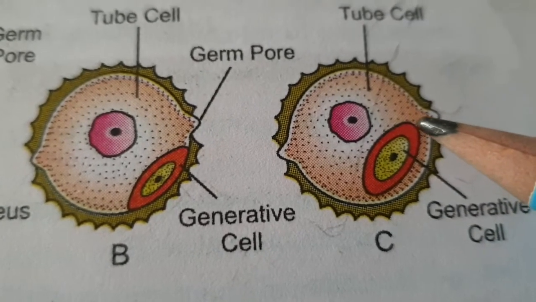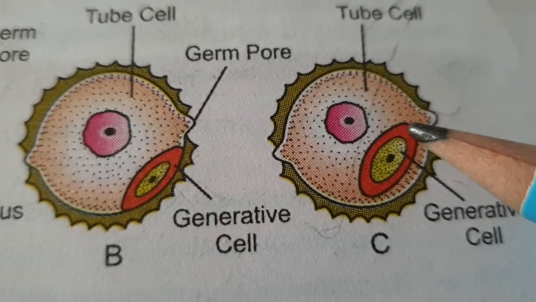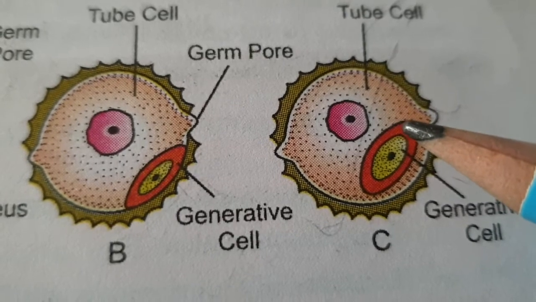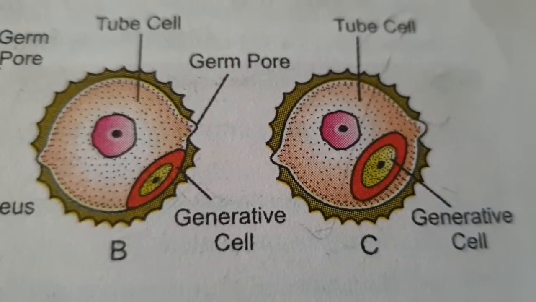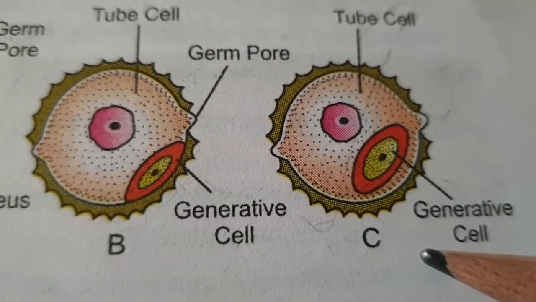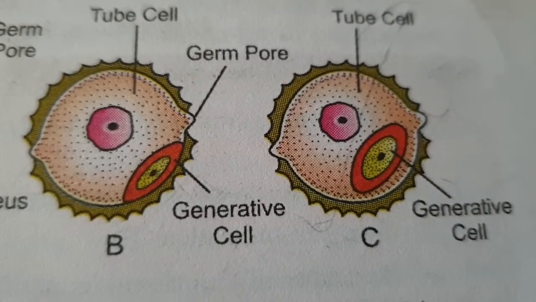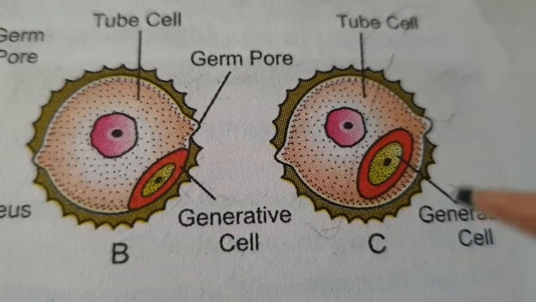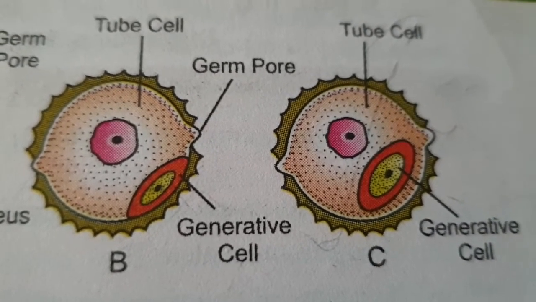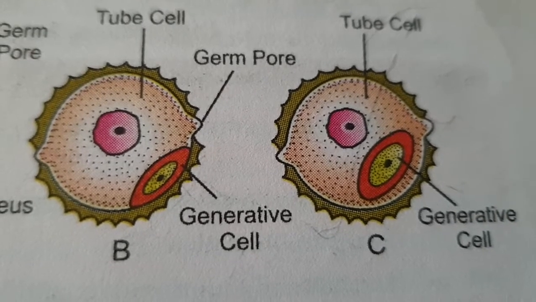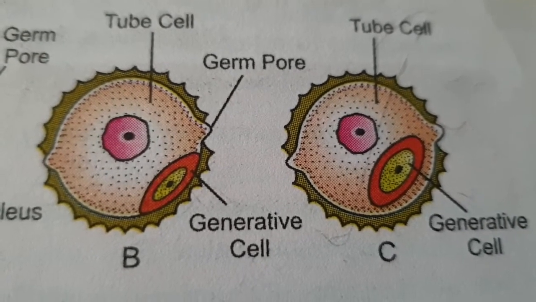Now, sometimes in some plants, during the pollination period, the pollen grain may be 2 or 3 celled. If it is 2 celled, then definitely it consists of the tube cell and the generative cell. But if it is 3 celled, then definitely the generative cell has undergone division into 2 male gametes. Now, this division of the generative cell is included under the post-pollination development.